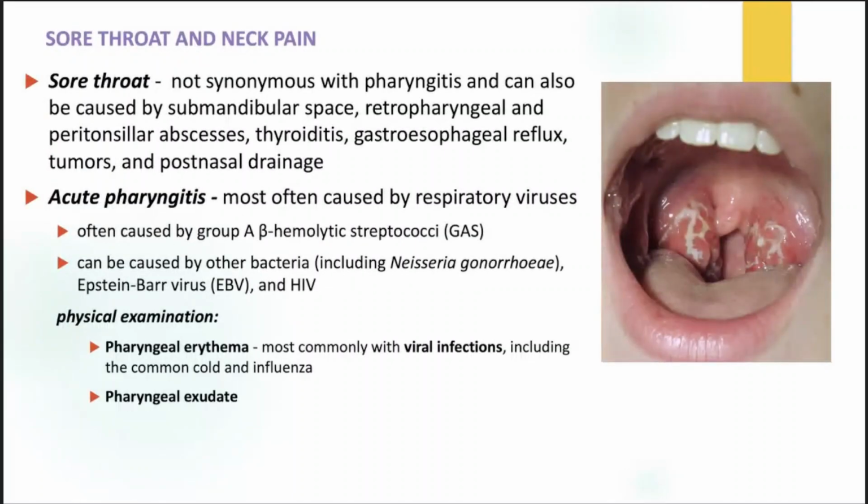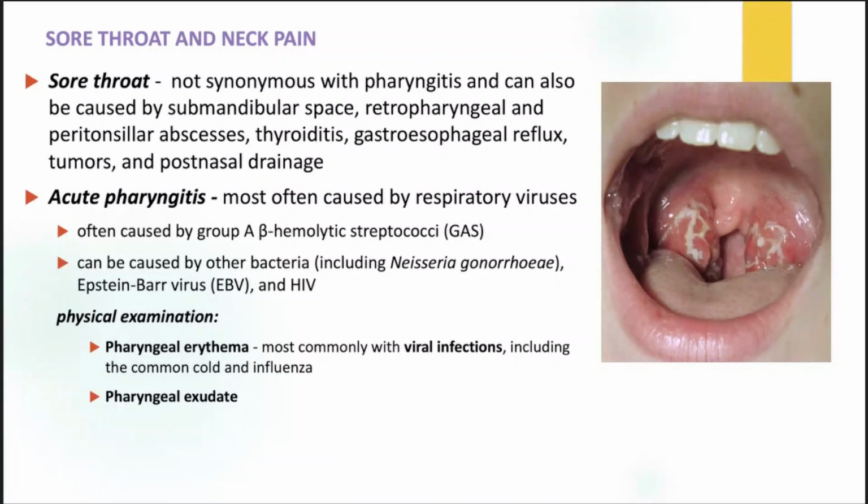So, sore throat, another symptom of the upper respiratory tract, is not synonymous with pharyngitis, but it can also be caused by submandibular space, retropharyngeal, and peritonsillar abscesses. Thyroiditis, GERD, tumors, and postnasal drainage can also cause sore throat. While acute pharyngitis is most often caused by respiratory viruses from the group and bacteria from group A beta